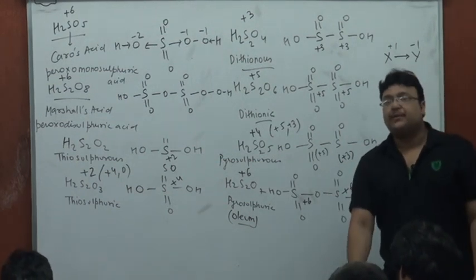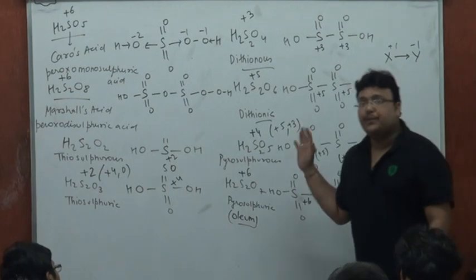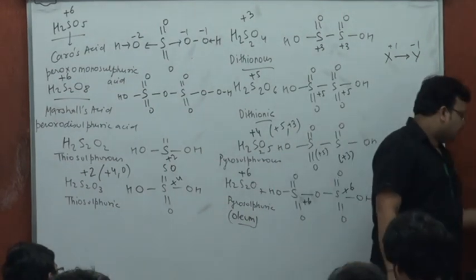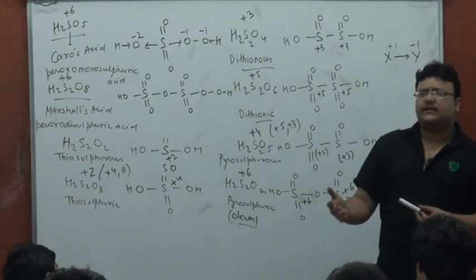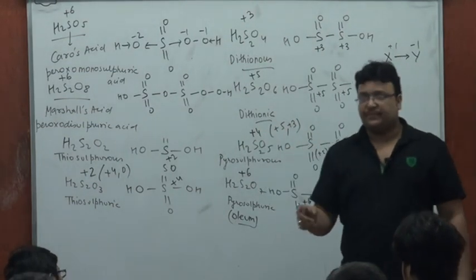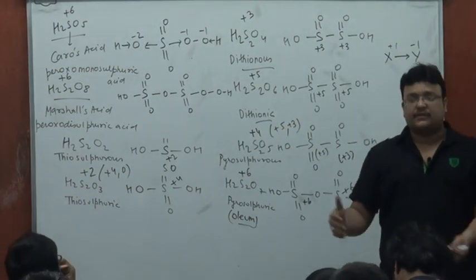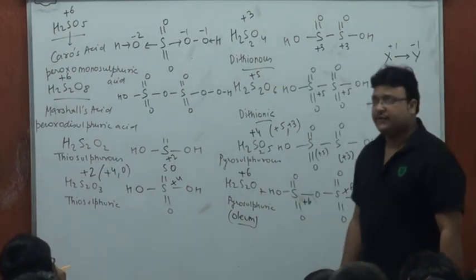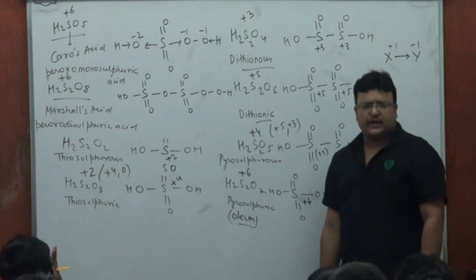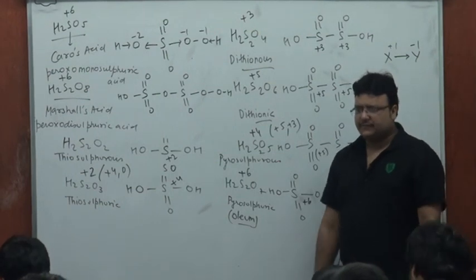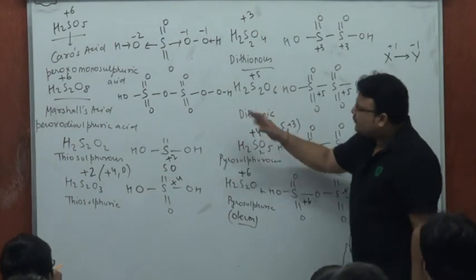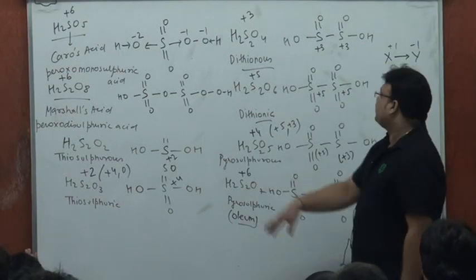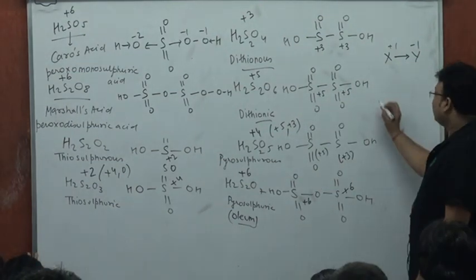A very popular question from this part is, they'll ask you which acids have sulfur-sulfur linkage. So many times a question of this kind is there. Which acids have a sulfur-sulfur linkage? It was not there in sulfurous and sulfuric. There was only one sulfur, right? And if you look at the rest of the structures, you will admit